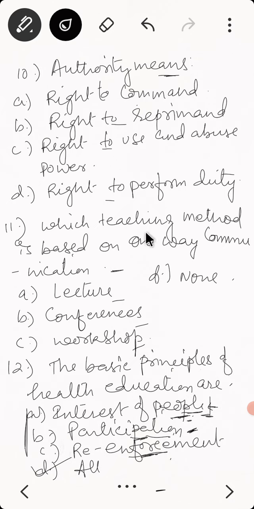Okay, next question. Which teaching method is based on one way communication? It's a very easy question. Conference में one way communication है, it depends on conferences, like, I think नहीं, I am sure that